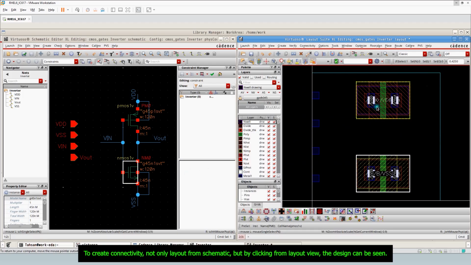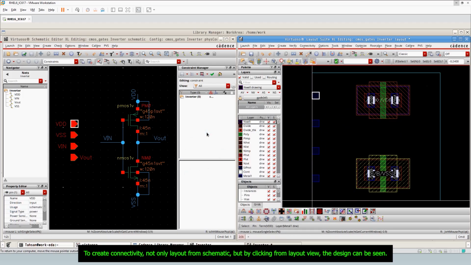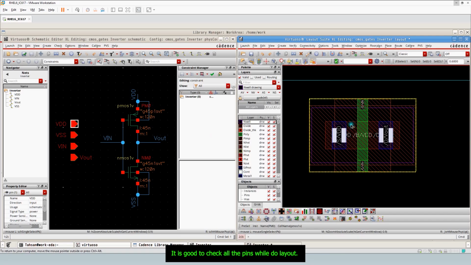To create connectivity, not only layout from schematic, but by clicking from Layout View, the design can be seen. It is good to check all the pins while laying out.